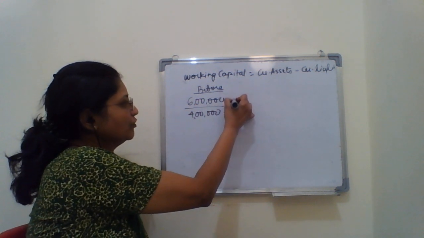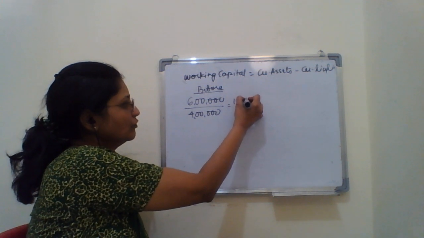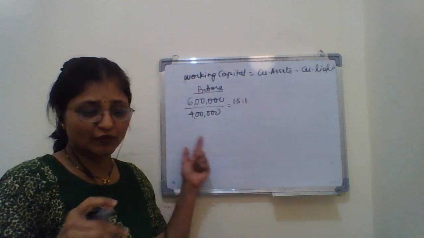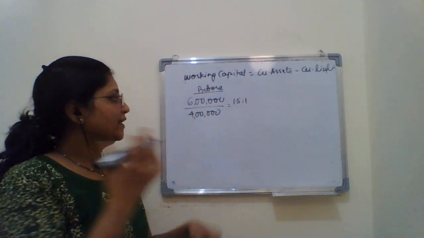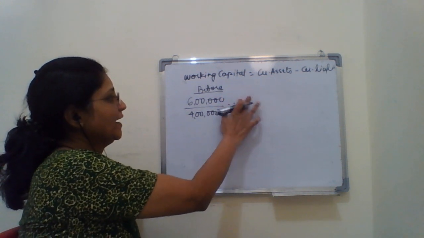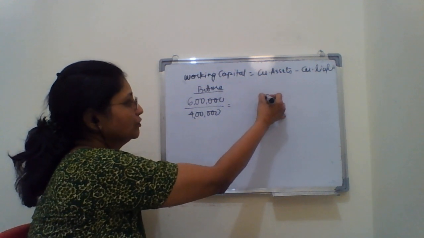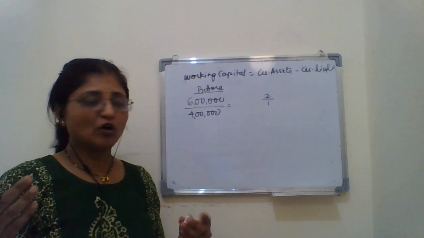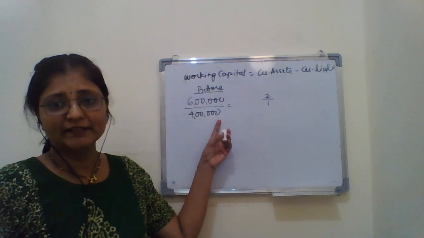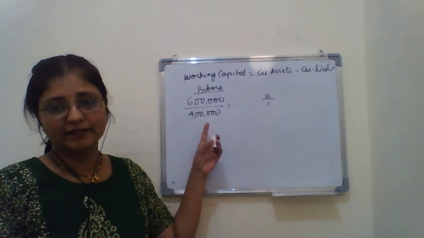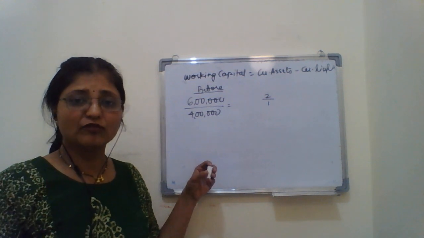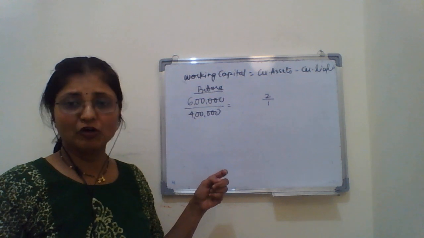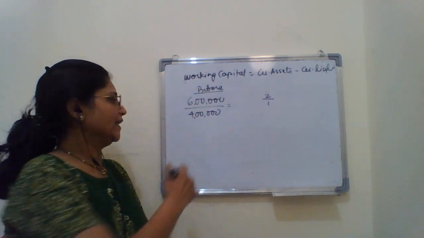So the ratio is 1.5 is to 1. Now they want to maintain this ratio as 2:1. So by paying off some current liabilities, the ratio should be this. So if they pay off current liabilities, the entry will be,